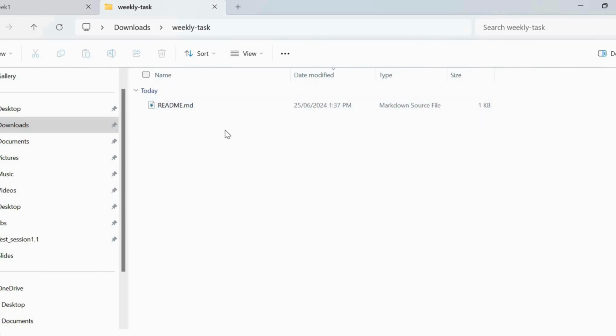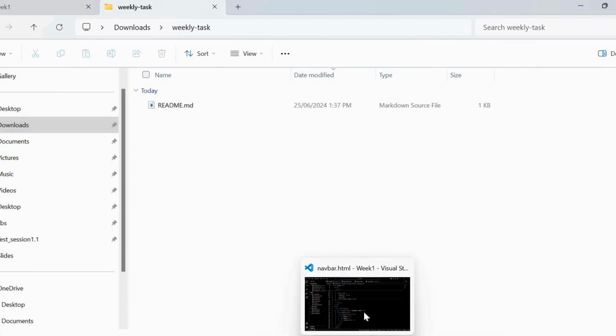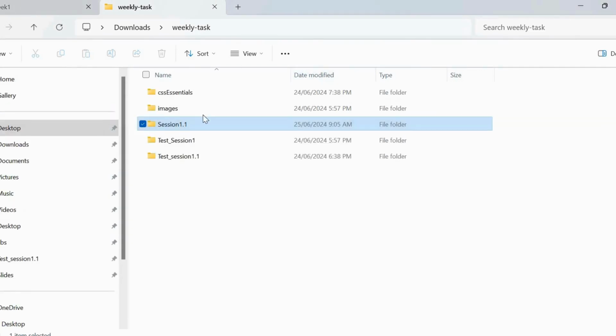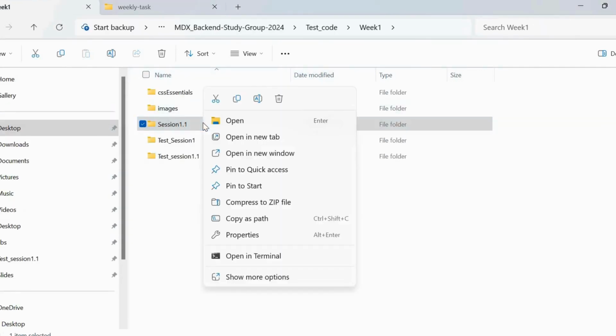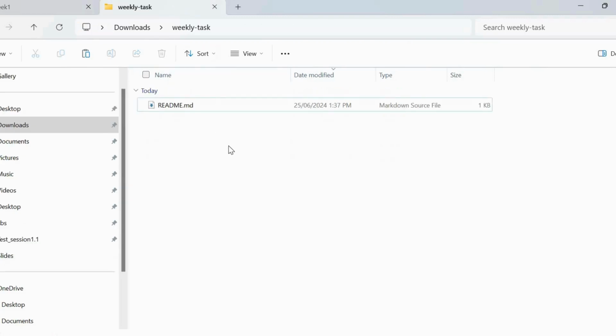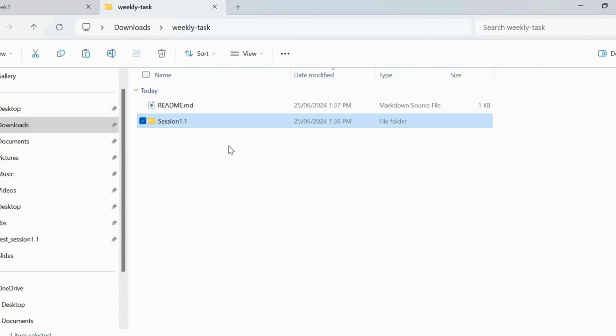Okay, so over here you can copy your work. So what was our work? Now I'll just copy that folder. There's session 1.1, so I'll copy this. This is my work from my local machine. I have already cloned my repository locally, so I will just add this over here, in my weekly task cloned repository. Now we go back